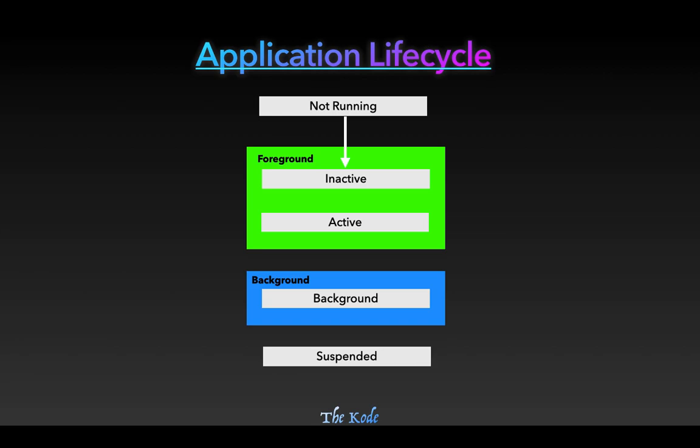The next is the foreground state. First, we need to understand what foreground is. Foreground means you are viewing your application in front of you, that it is open there on the device. And under foreground, we have inactive and active states. Inactive means the application is open in the foreground, but it is not receiving any events. It is not executing any code. Like you just opened your application and some phone call or some message came. At that time your application will go to the inactive state.